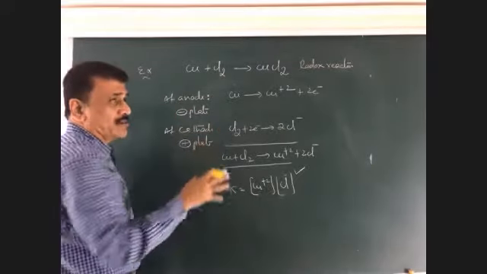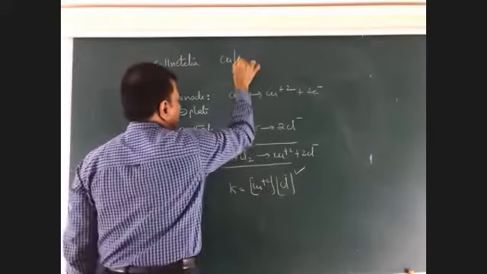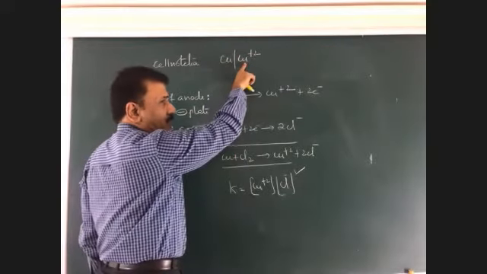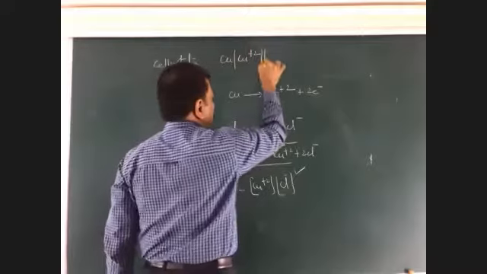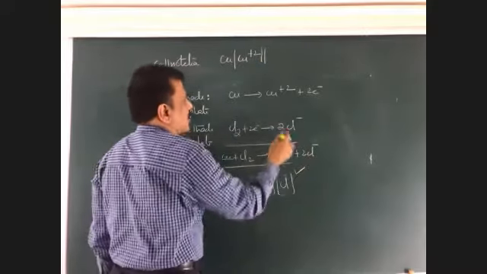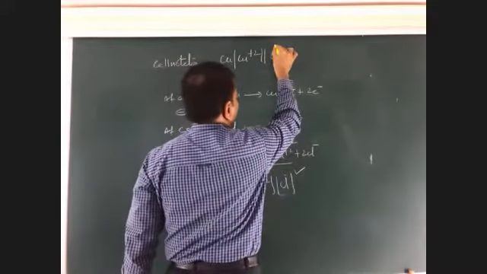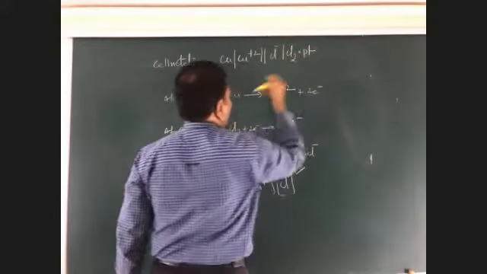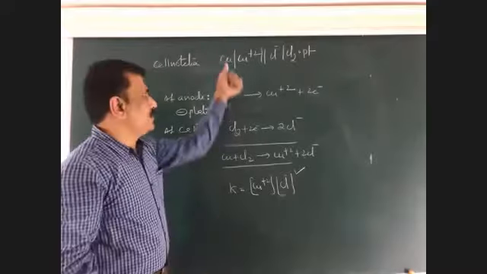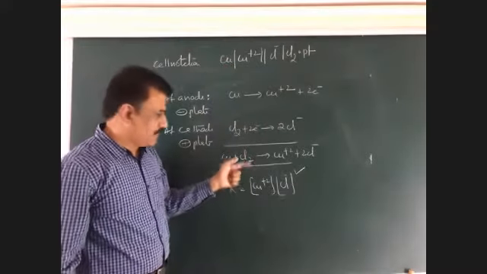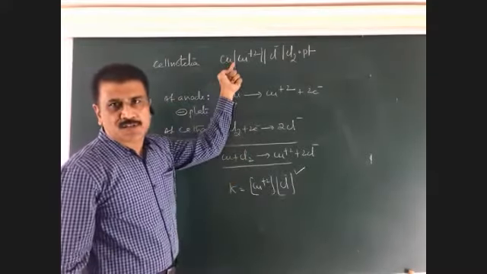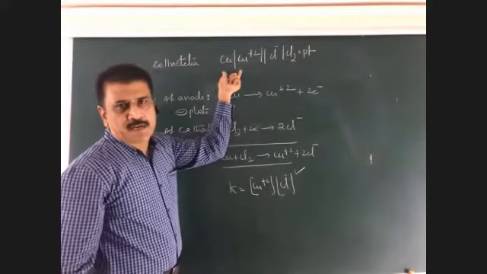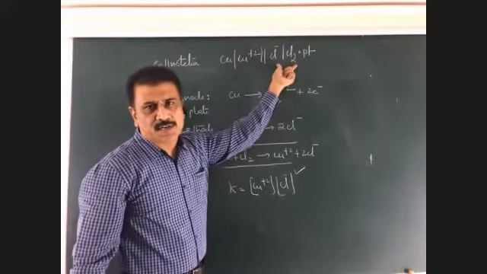And finally, we have to write the cell notation. Cu bar Cu plus 2, a copper rod dipped in copper sulfate solution. These two solutions are separated by chloride, that is the salt bridge, chloride ion, and then Cl2 and platinum. So this is the cell notation. If this is given, we have to write this equation. If this is given, we have to write the cell notation. So this is called the anode. This is called the cathode. The anode is a metallic electrode. The cathode is a non-metallic electrode.